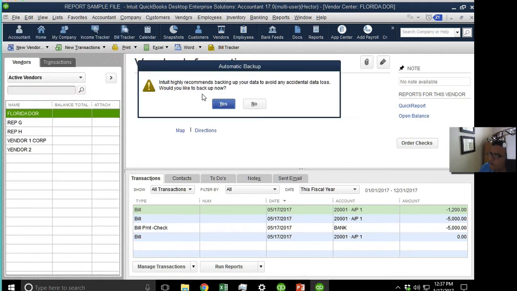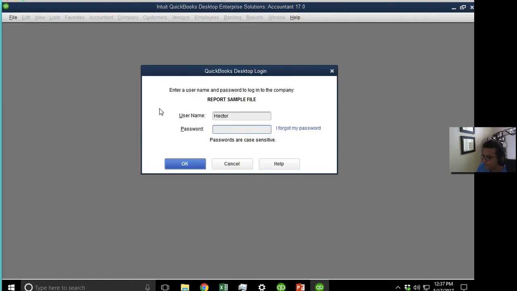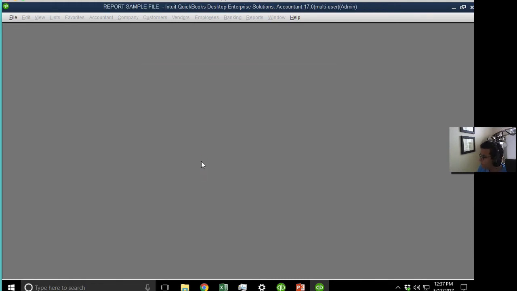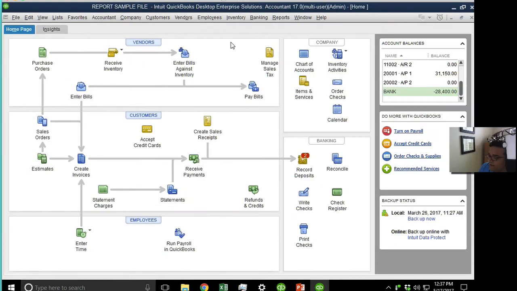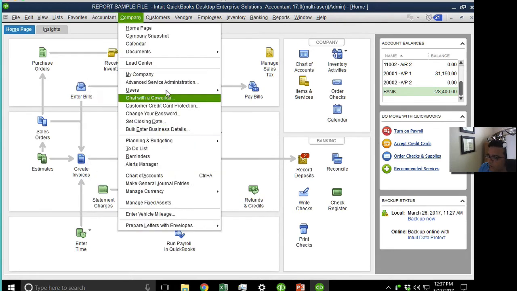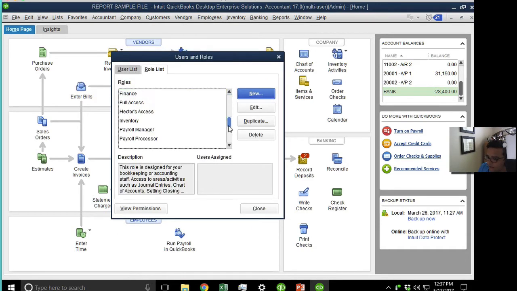All right, let me go back into admin, and then I'm going to show you something else. I'm going to show you what happens when you have two permission structures that override each other. So for example, right now Hector cannot create new vendors, but if I have more than one role set up for them, and in the other role, whatever the other role happens to be, they can in fact create bills, that's going to override and give them access to it. So I'm going to show you what I mean by that. Let me go back to rules and permissions. I'm going to go to Hector's role